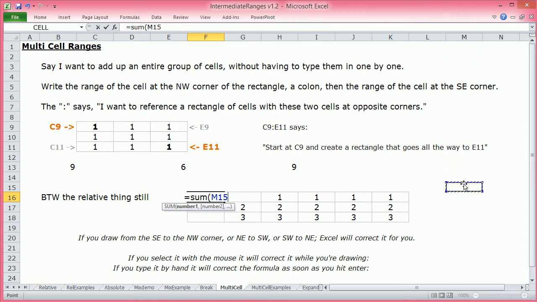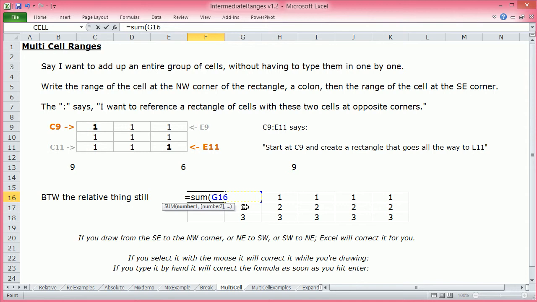So it goes around, and notice, keep your eye over here. I'm going to press the arrow key a couple of times. I'm kind of telling you to put your eyes in two places at once, but focus here. When I press the arrow key, it's automatically writing the correct range for me. Okay, so I want to start right here,